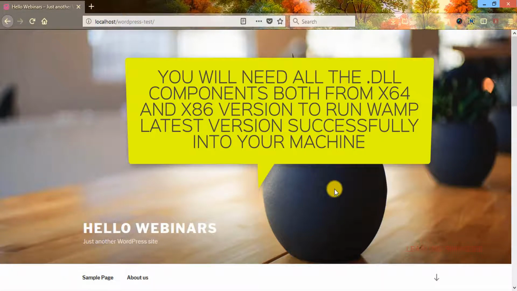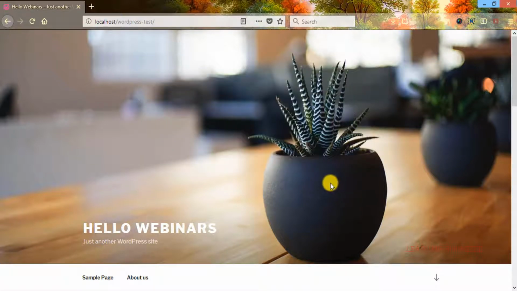Or perhaps you will get two patches off the internet for the x64 and x86 versions. You need to install them and then you can install WAMP server. Otherwise you will continuously get an error message dialog box, and possibly you cannot access WAMP server anymore. This is the first thing that you need to keep in mind.